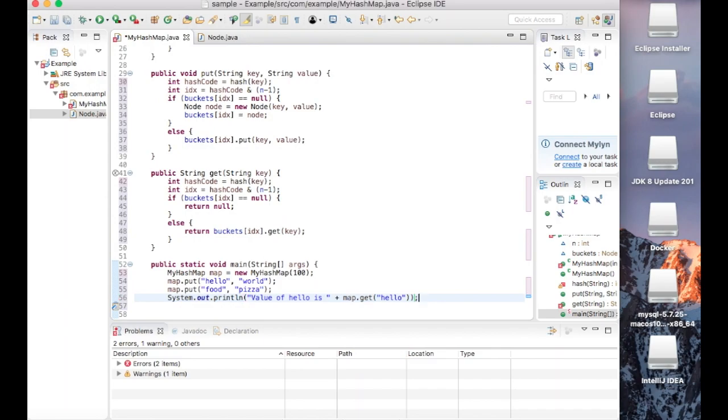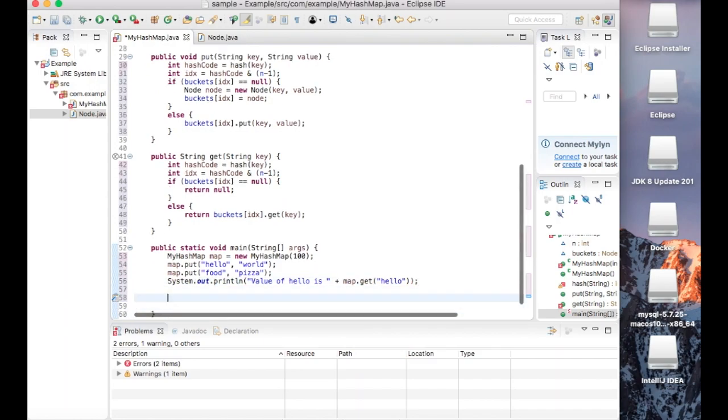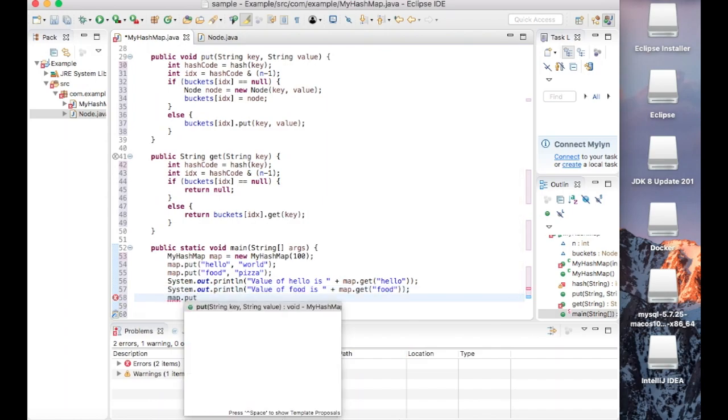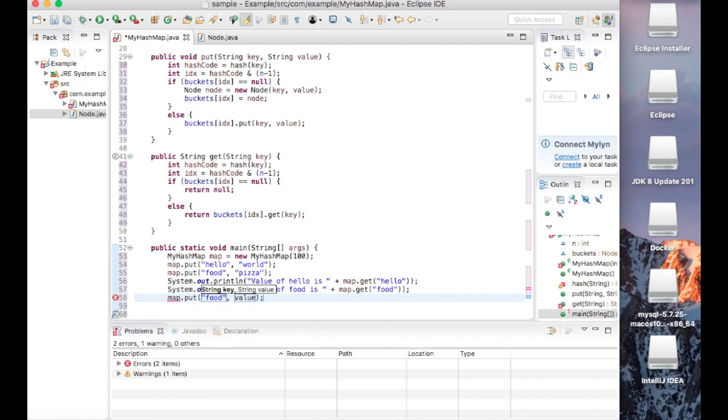And let's check the value of food is food. Let's override the value again. We just assign the food to salad,